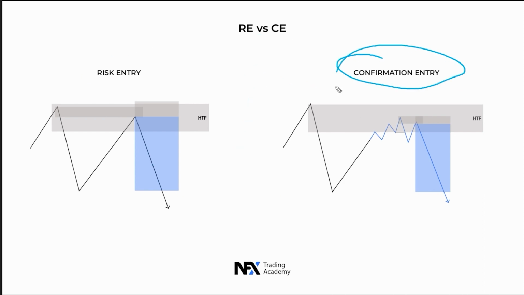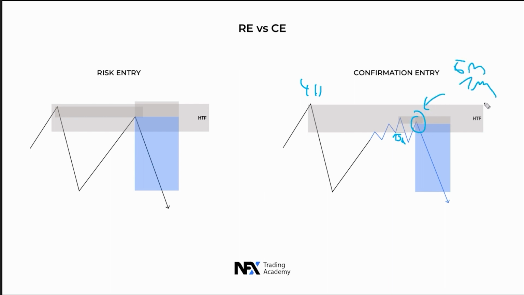Now the confirmation entry is always better than the risk entry, especially when you want to take a counter trend trade, but also on pro trend trades it's really good to use it because you have more confirmation, you have a higher success rate, and you're also gonna have a smaller stop loss and a better risk reward. So for the confirmation entry, if this is the 4 hour zone, we are waiting for the 50 minute change of character. So let's say this is the 50 minute chart, then price comes in, and here we are looking at the 5 minute, 1 minute or the 5 second in order to take the entry which gets confirmed.